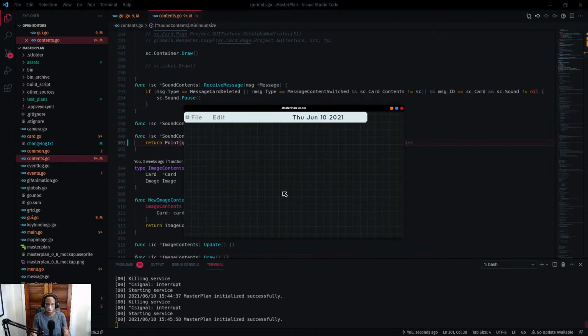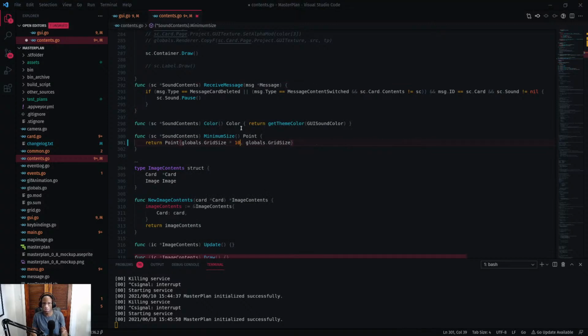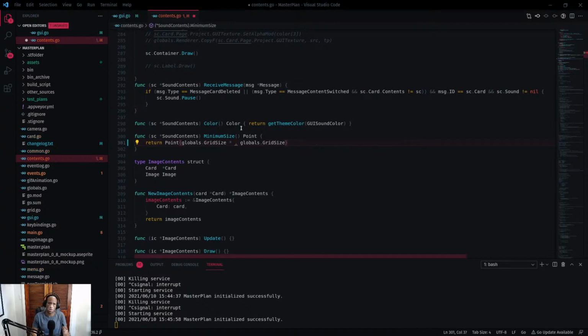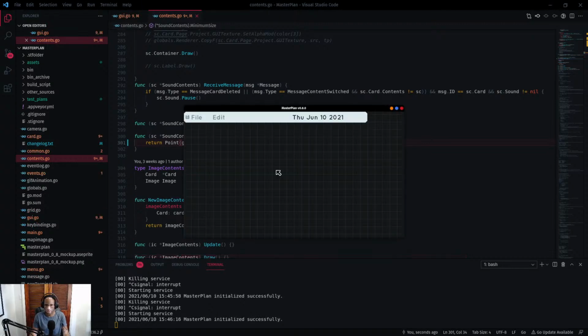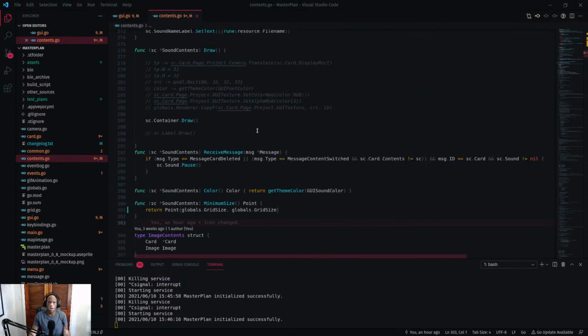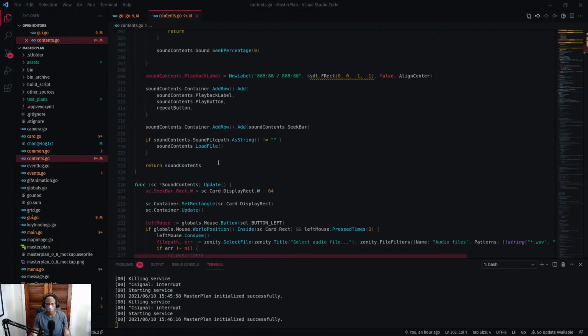And then also, yeah, just actually a little bit more. Or no, I'm sorry. Minimum size should probably just be a single point for sounds. Yeah. But now the problem, or what I wanted to do, is also make it so that this is the default size. I'm not sure how I can do that, because by default